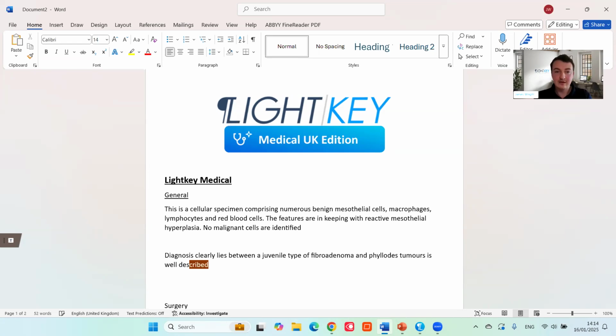Well described. These tend to be separate. You can see it does the spellings as well while I'm writing. Within one mass in this lesion, there is much more scattered